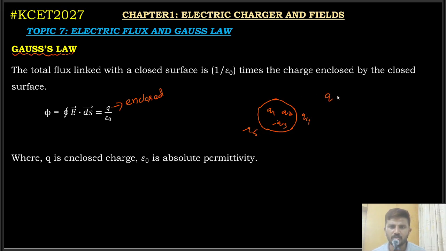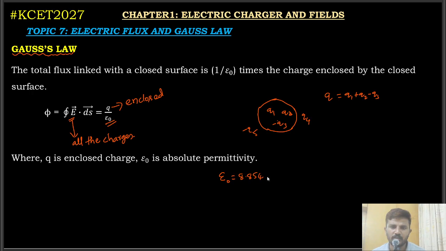Enclosed charge is q, that is equal to q1 plus q2 minus q3. So this part depends on only enclosed charge, but the electric field depends on all the charges. This right side part, q by epsilon naught, depends on only the charges inside the given surface,